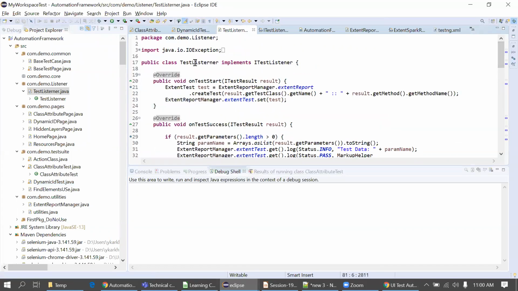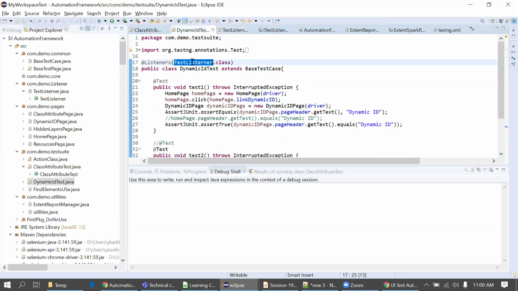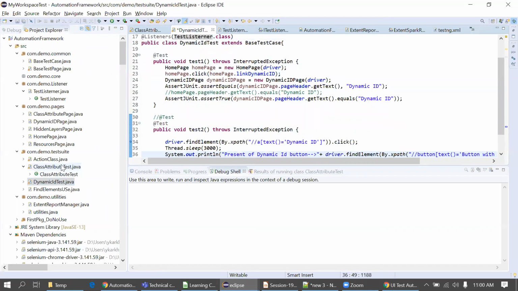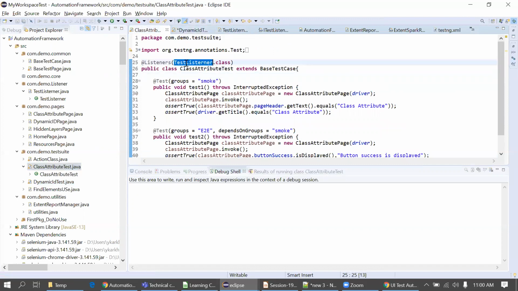I'll copy this name and use it in the @Listeners annotation, TestListener.class. This is the syntax to call the listener. Here also we have called it in this class. Then only our listener will get called, otherwise it will skip and will not go to the listener.